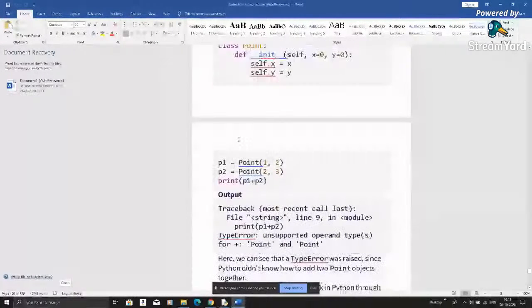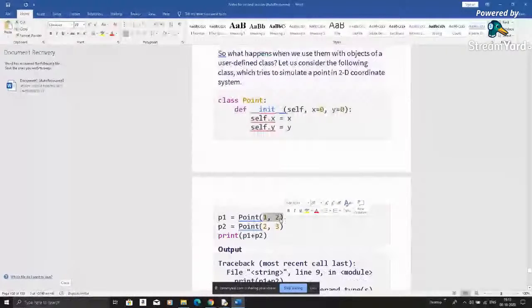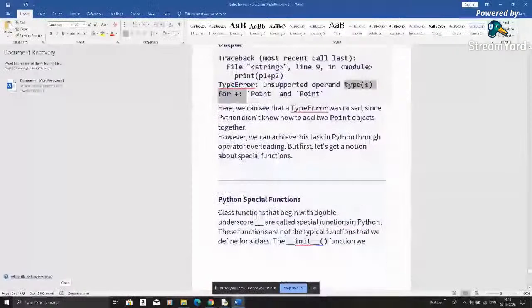So you will check how function overloading works. When you're passing something over there, you initialize it already, but it's giving you some error. Why is it giving you an error? Because you call the Point class two times, but you have passed arguments in different manners. So it gets confused over there about which one to print and which value to take. So it will give you an error. That is the main thing.